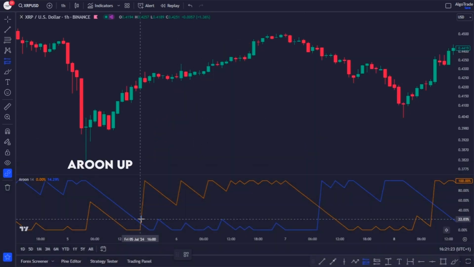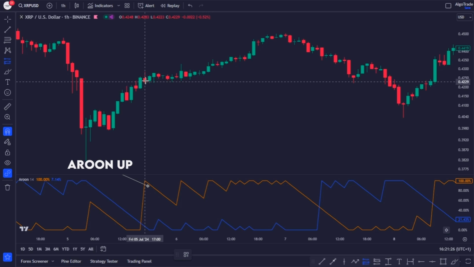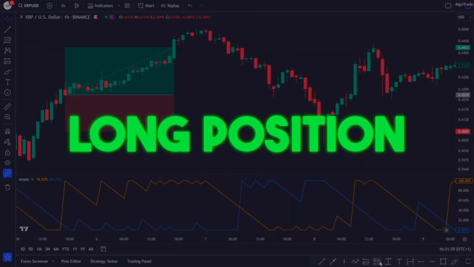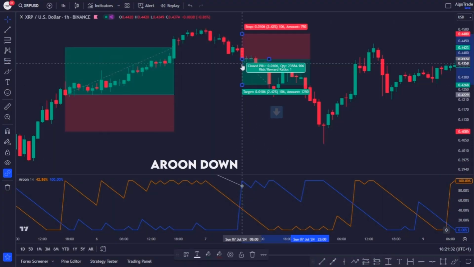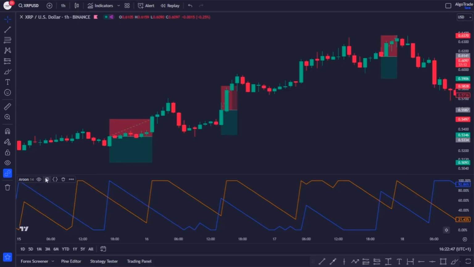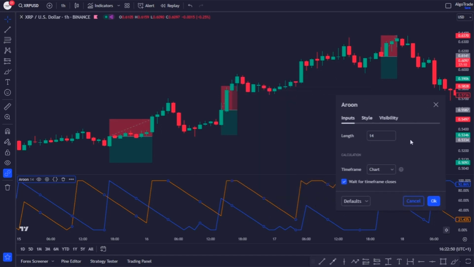When the Aroon up line crosses above the Aroon down, it can be a good opportunity to enter a long position, and when the opposite happens, it can be a good time to enter a short or sell position. By default, its length setting is 14, but to clear some fake signals like this